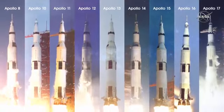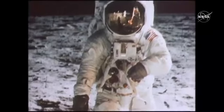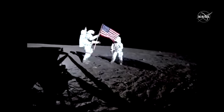In 1972, America launched 9 human missions to the moon, 6 of which successfully touched down, allowing 12 men to walk on the lunar surface. NASA's next chapter